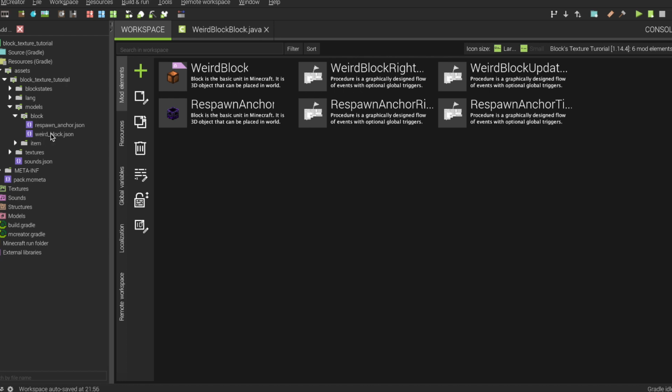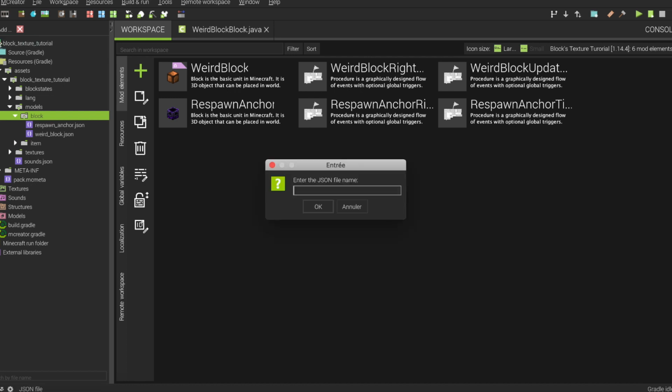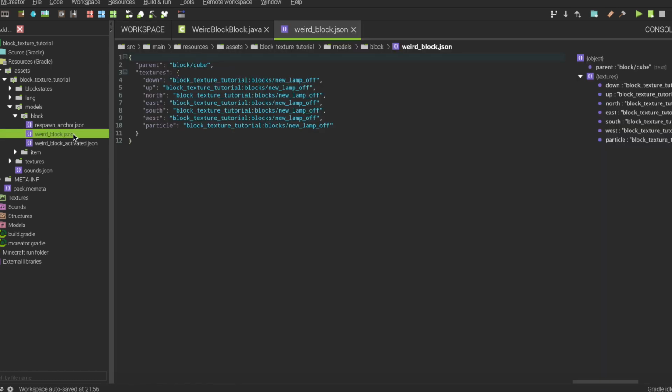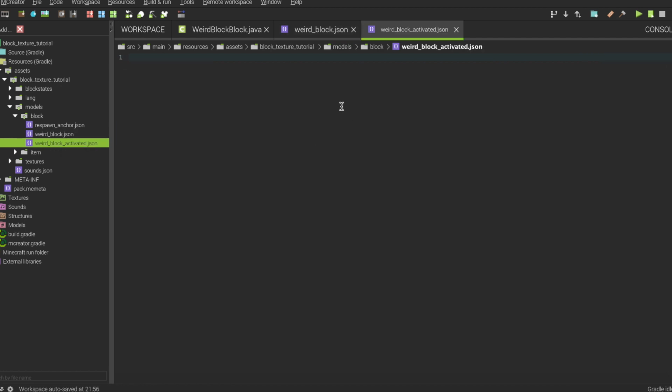As you see I have weird block, so I click on that, then I add a JSON file and name it weird block activated, for example. Okay. Then I double click on my weird block here, so it's opening this, and weird block activated, as you see, to open this.